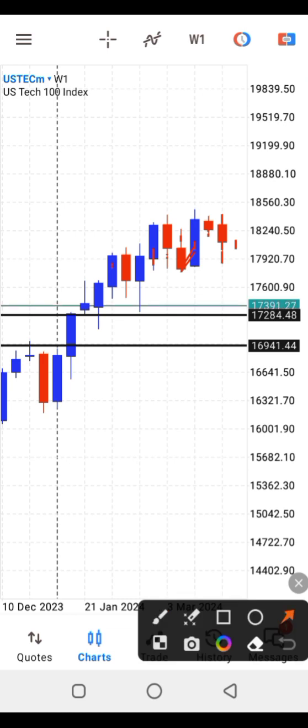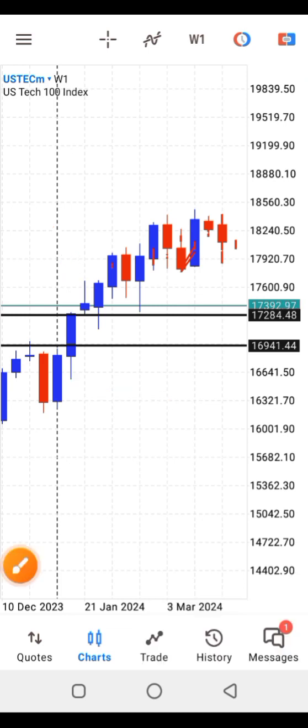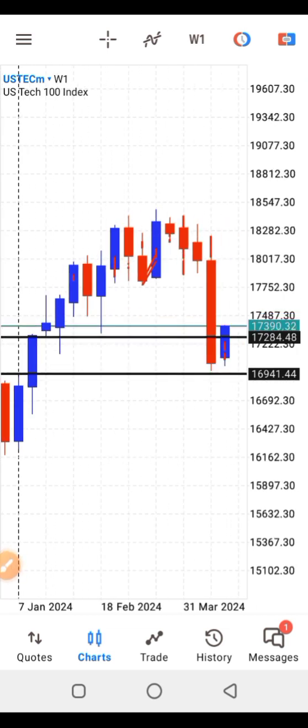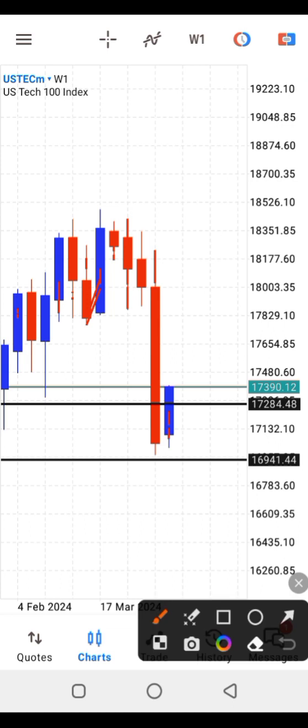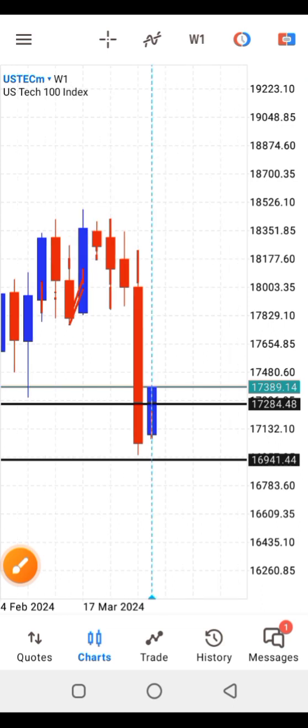The wick of this particular candle did not intersect with the wick of this candle, so this is the weekly time frame. Okay, so the wicks of those candles don't intersect. I use the horizontal line to depict the fair value gap, and you can see price has entered the fair value gap and it's about to come out of it. So the way I'm looking at this price action,